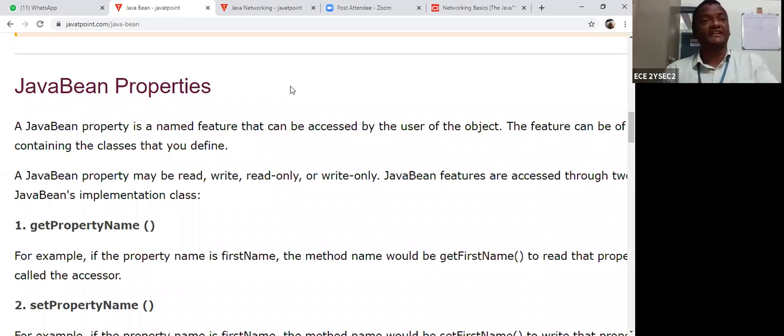I repeat, what is networking? Networking stands for a collection of systems which can share resources among them. Next is topology. Topology stands for the way the systems are formed into a network. And the LAN is a local area network. According to your region or coverage area, there are three types of networks.